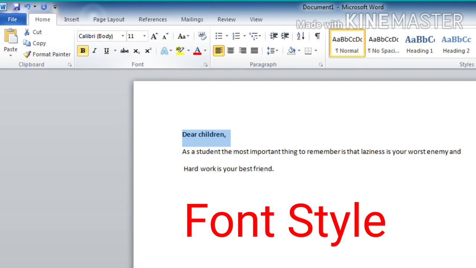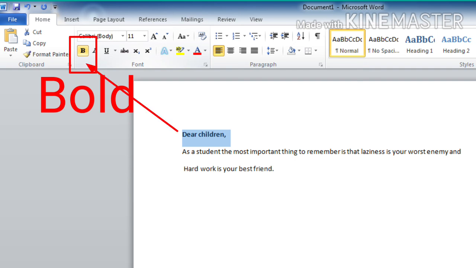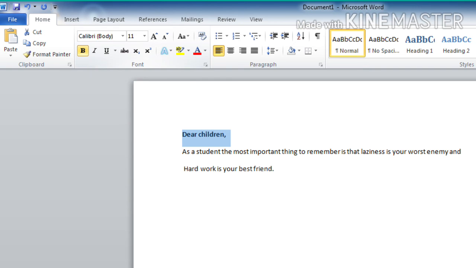That means you can change the style of your text to bold, italic and underline. How? Here you can see the B button, which stands for bold. When you click on it, after selecting the sentence, it will make your sentence bold.